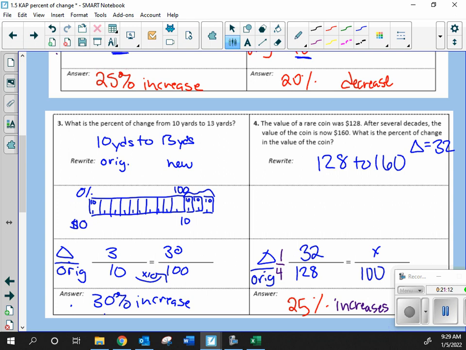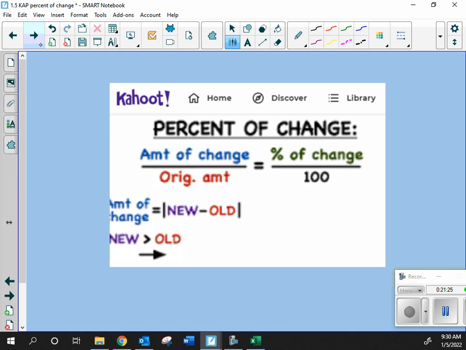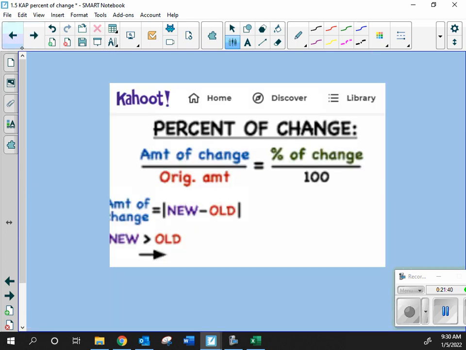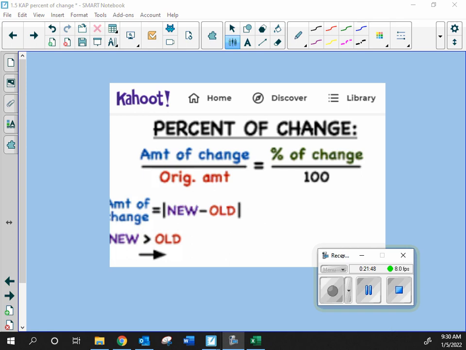Is this making some sense, guys? Minimal, at least. Okay, we are going to spend the rest of the week on percent of change because sometimes this does take a little time to digest, which is fine. What's going to happen? We are going to do a Kahoot so we can have some fun and some practice. That vampire page that you picked up is your homework tonight. You will turn it in tomorrow for a homework grade. Okay, questions on that? Great. So you got the other half for homework tonight. So let's go ahead and play this Kahoot. Y'all can grab devices. If you're at home, your link is on campus, and you can check your vampire on your